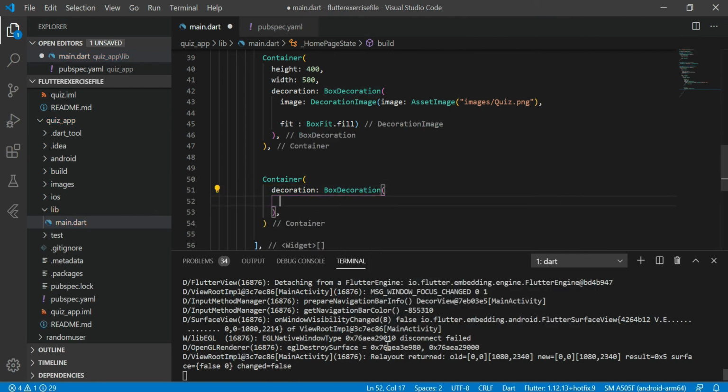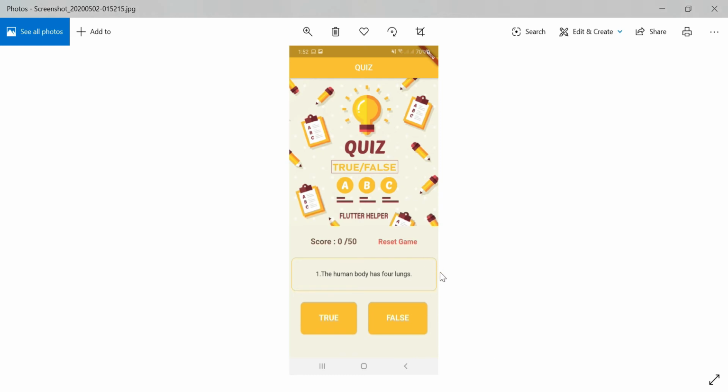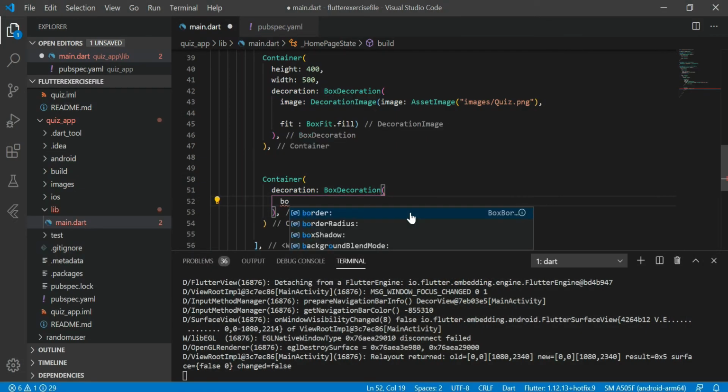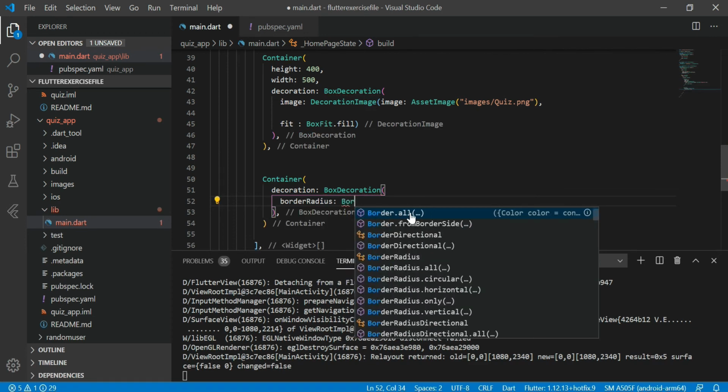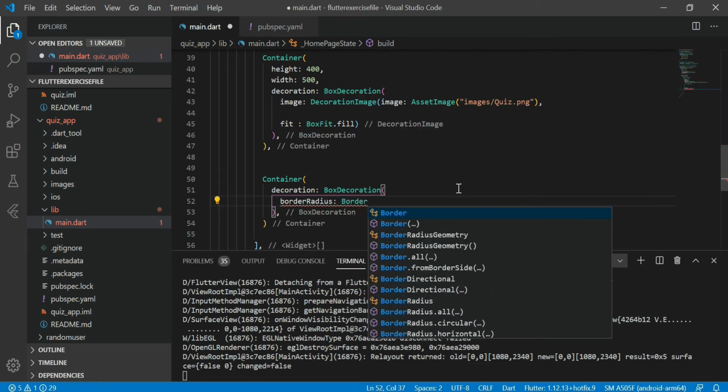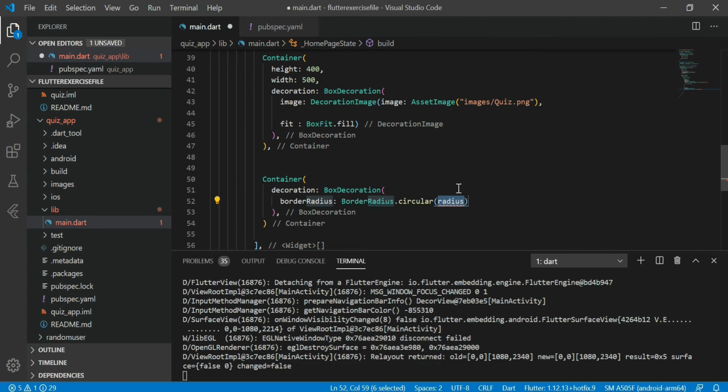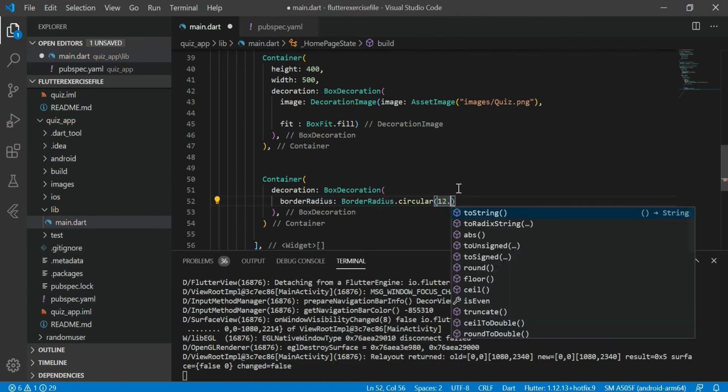Now inside box decoration, provide a border radius, BorderRadius.circular, and I guess radius of 12 will be fine.